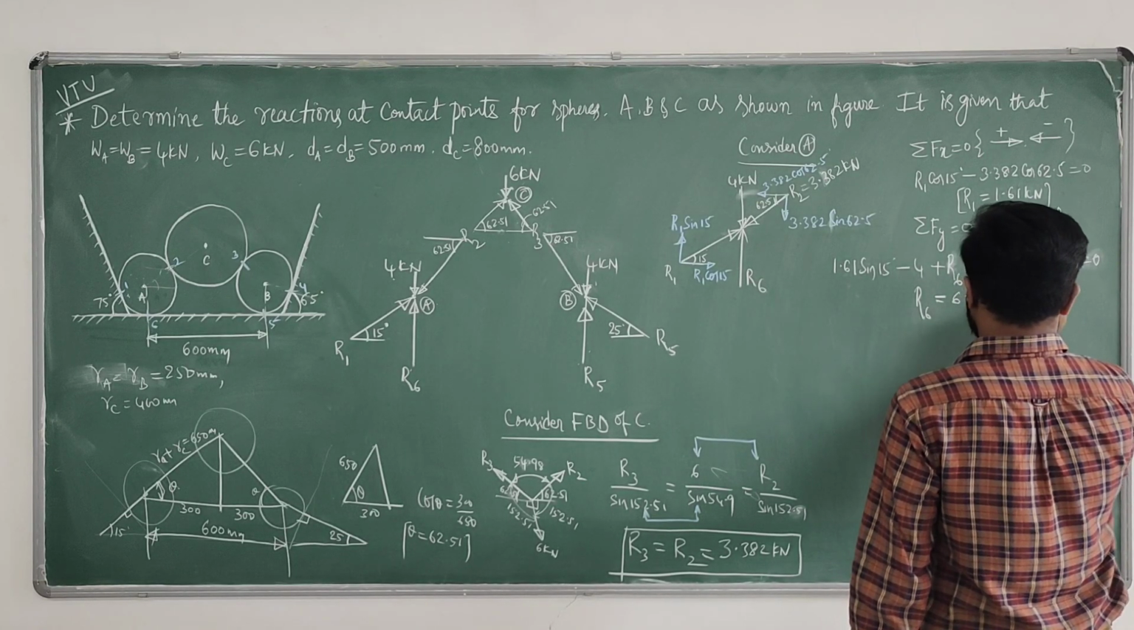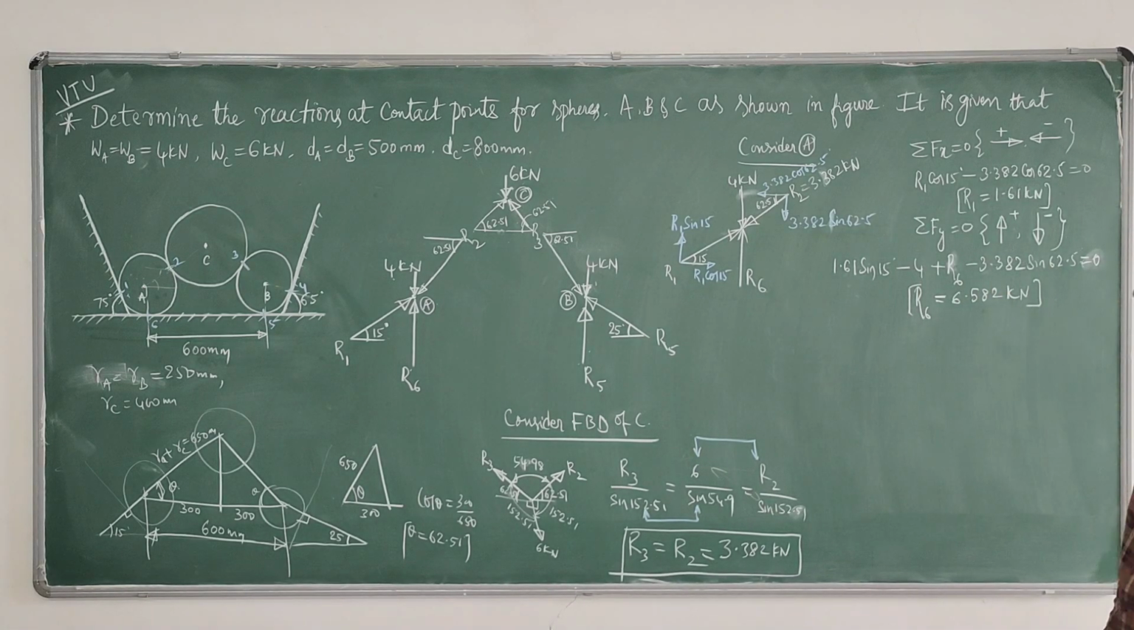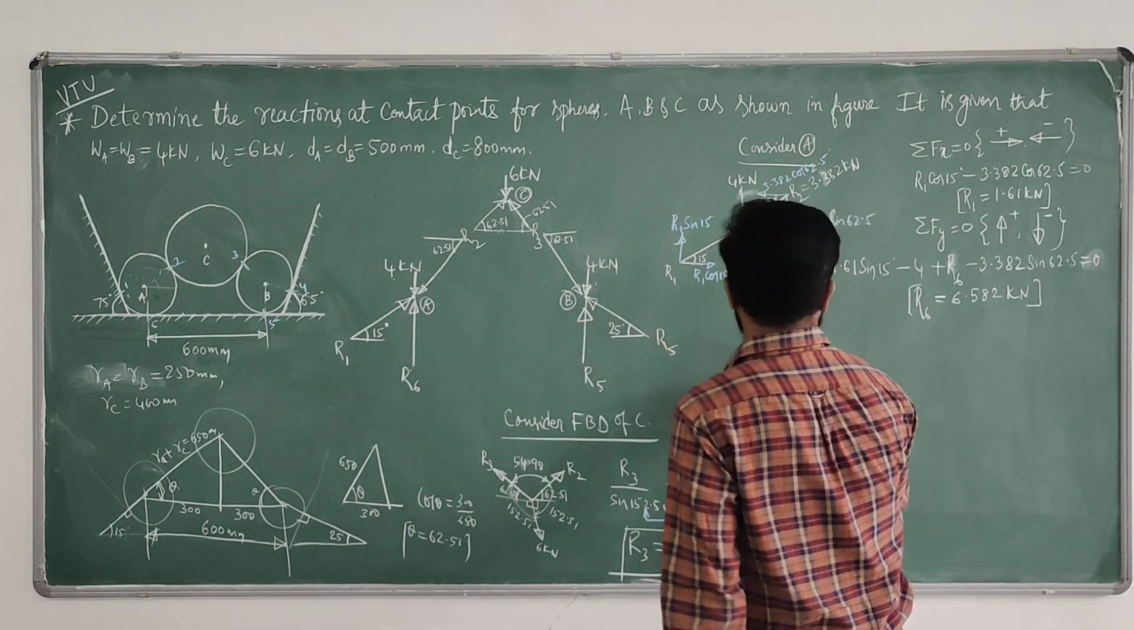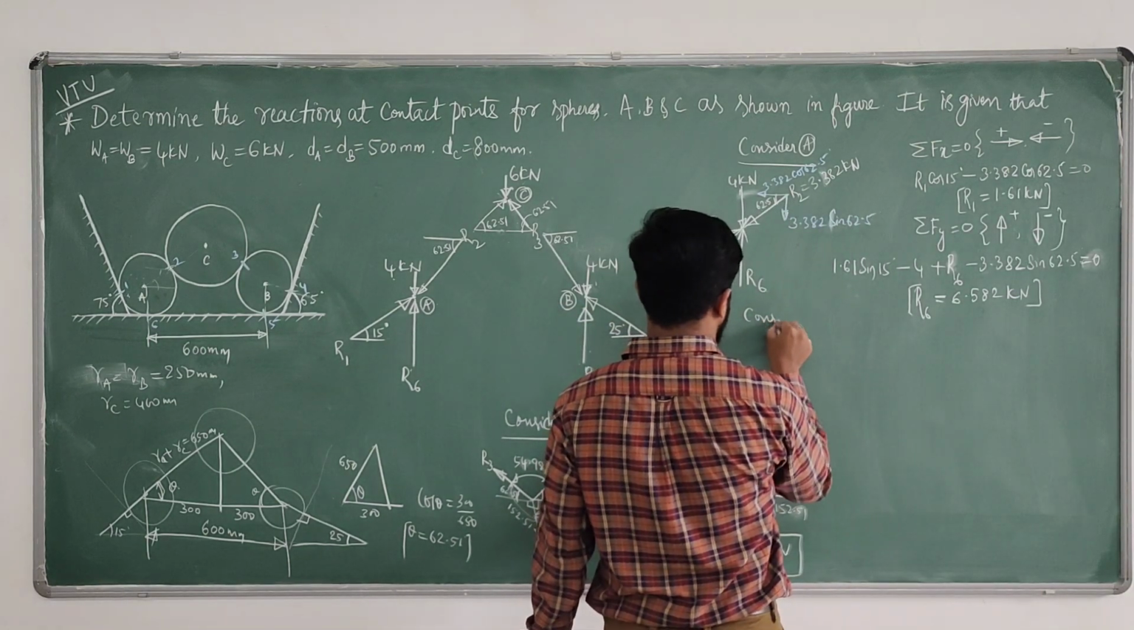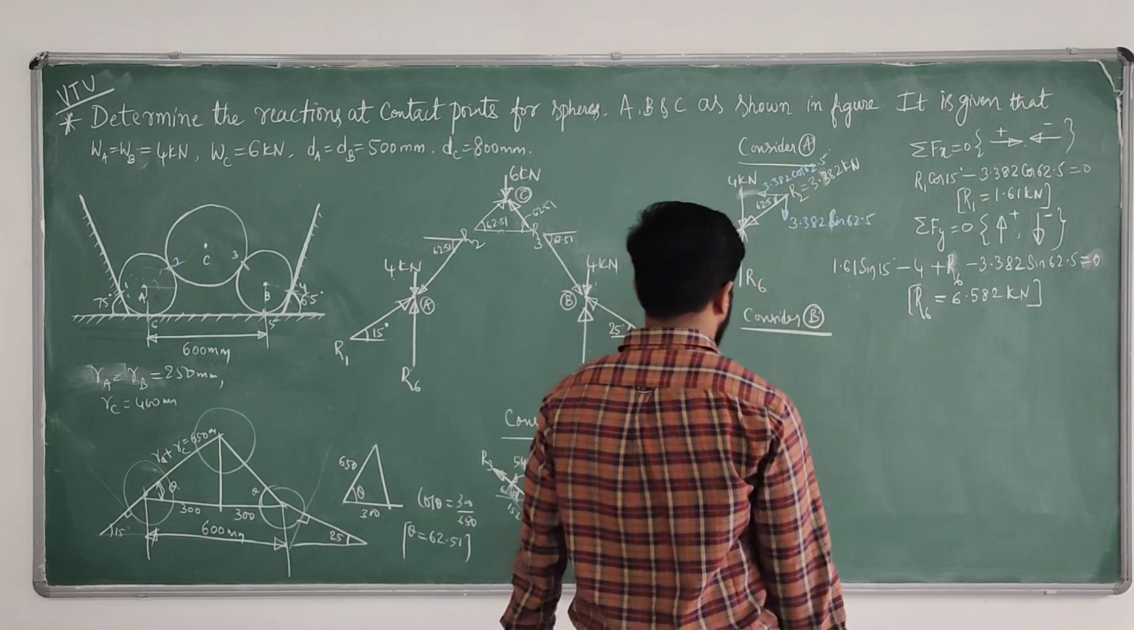6.582 kilonewton. R6 is over. Now I am considering B. Consider free body diagram B. For B,